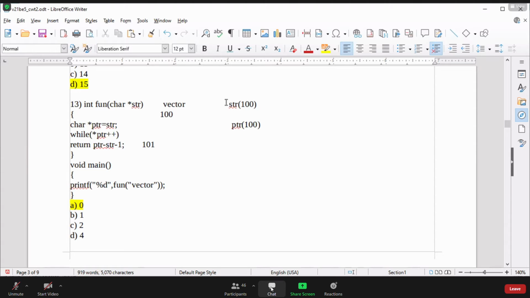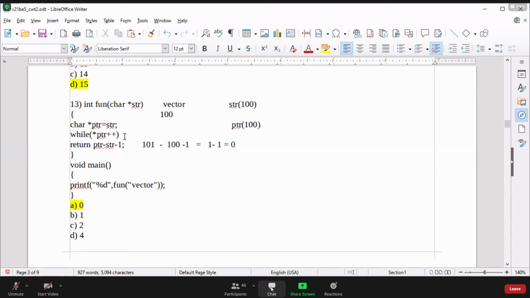Str is still pointing at the same location, 100, because we are not doing any modification with str. So 101 minus 100, just basic mathematics calculation. That is 1, and now here 0. I hope you are getting it. That's why it is returning 0.